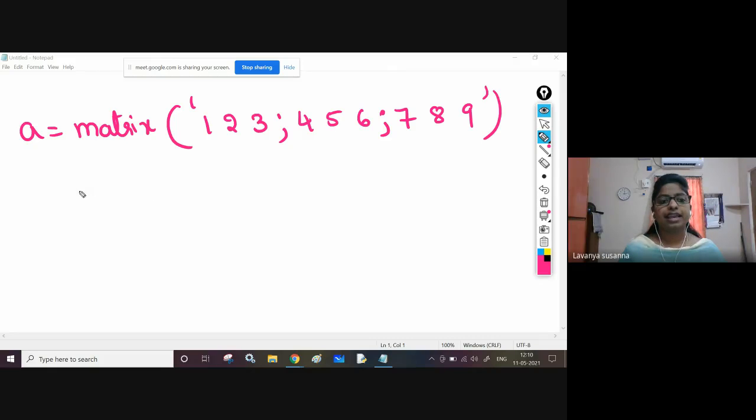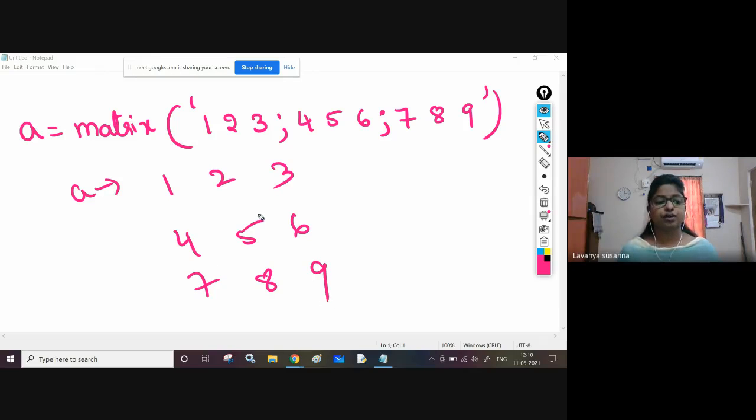Now A contains 1 2 3 4 5 6 7 8 9. In this way you are going to create a matrix. It's very easy, right? No need to use for loops, all those things, just like in the C language. It is very easy to create a matrix in Python, and it is also very easy to perform some of the operations on matrices in Python.